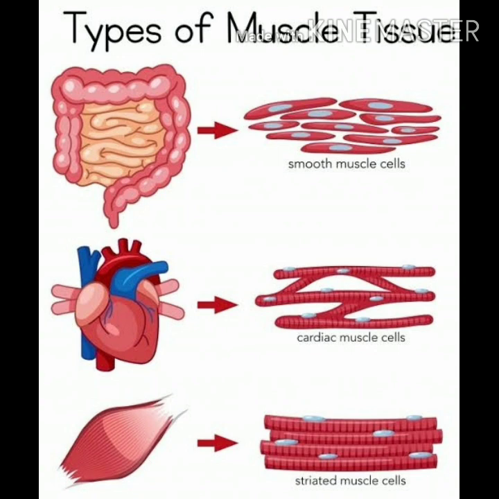Let us look at this picture. It is the digestive system, that is the intestine of this system, which is made up of such type of smooth muscles. That is internal organs, blood vessels, gastric glands, then intestinal villi, urinary bladder. These are some of the examples in which the smooth muscles are present.